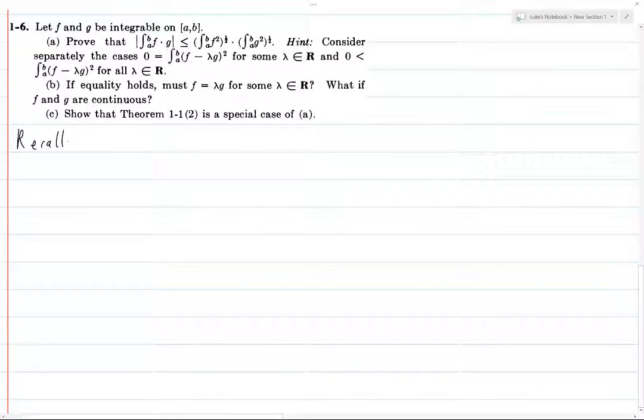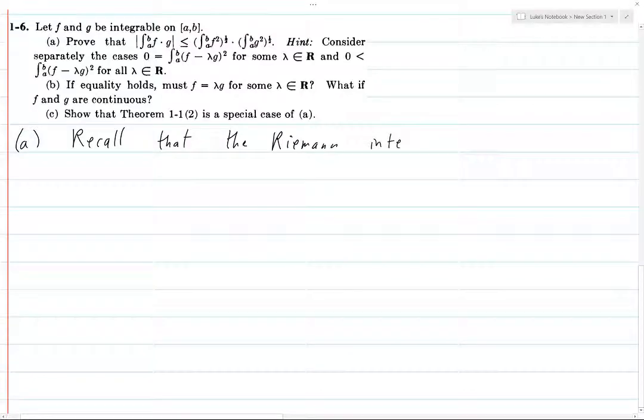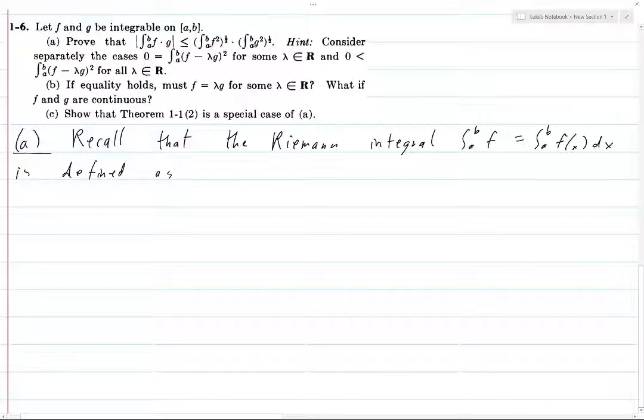so first for A, so I should probably say that we're doing A. So recall that the Riemann integral, and you can write the integral from a to b of f, or you can write the integral from a to b of f of x dx, however you want to write it, is defined as